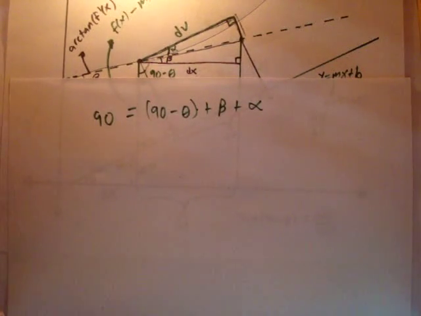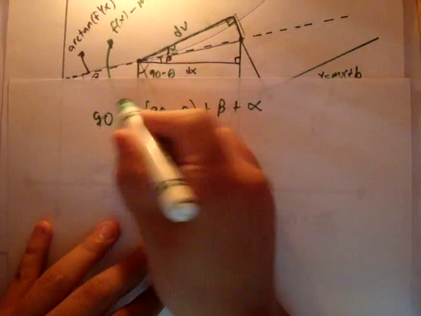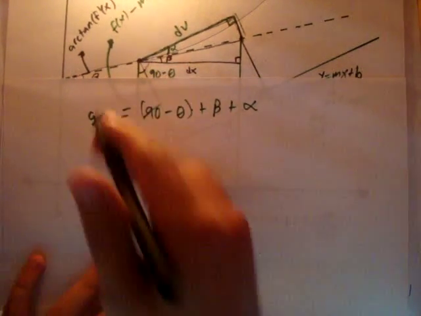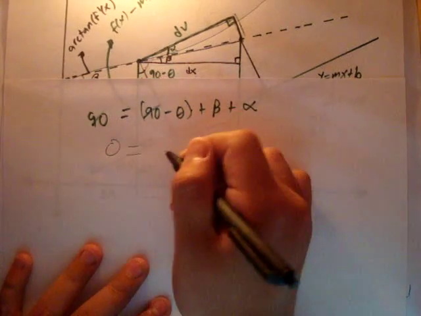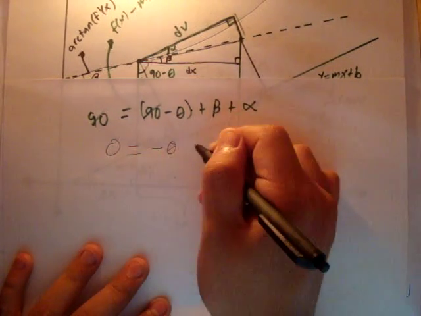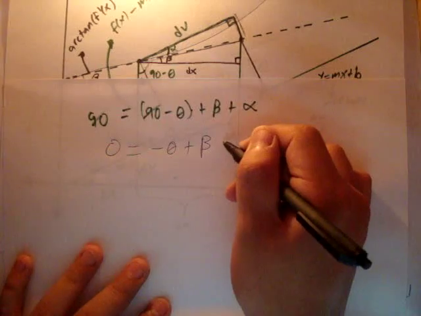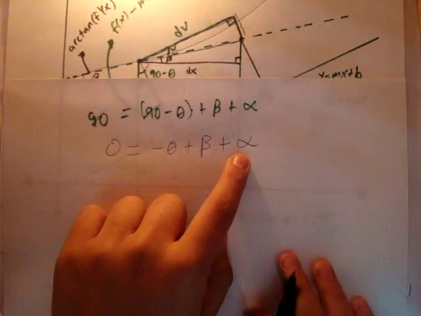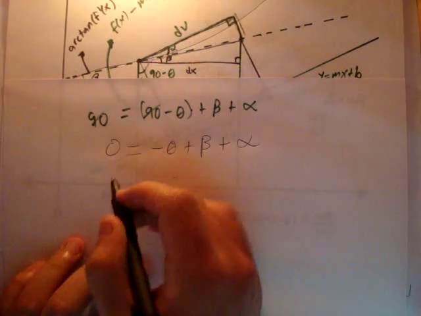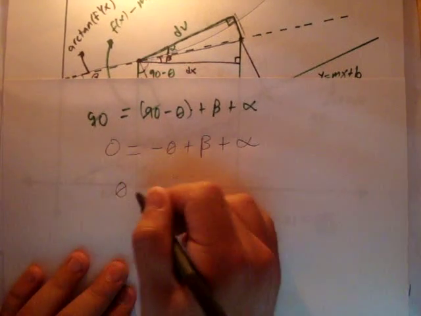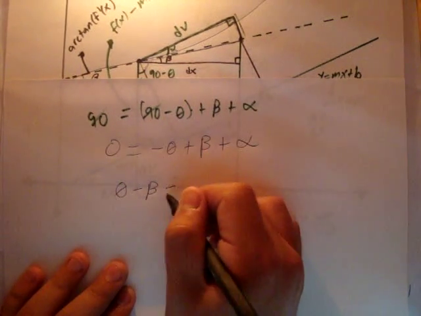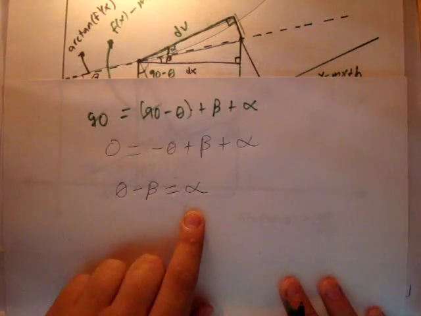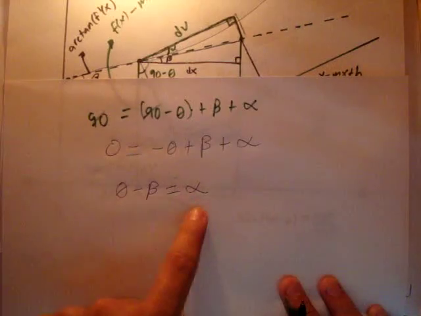And now let's isolate this. 90 minus 90 will just cancel out, and then you're left with this. Let's see, 0 equals minus theta plus beta plus alpha. We want to isolate this alpha, so I'm going to move this thing right here. That's theta minus beta equals alpha. Alright, so we know what this alpha is now, which is really important because we know what the alpha is,